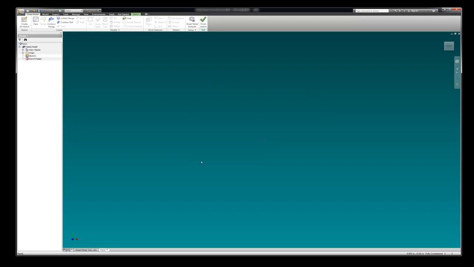So the difference between AutoCAD and Inventor is in Inventor we sketch, in AutoCAD we draw. Now they're going to seem really similar at first, but you'll see later on that there really is a difference in the concept of sketching. Okay, so what we're going to do here is I'm going to go over here to the right